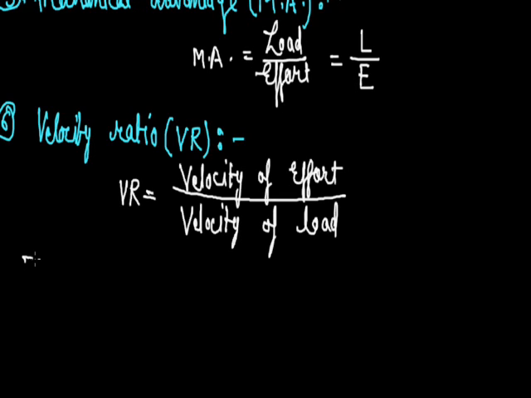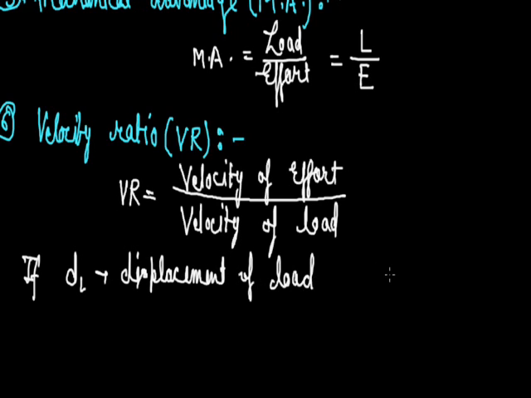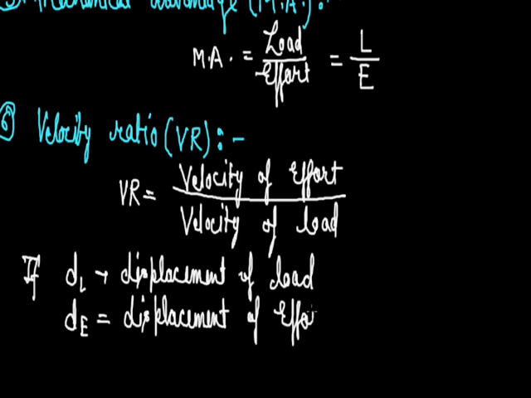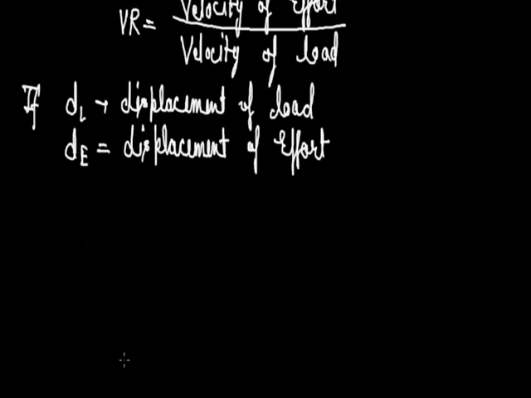Suppose dL is the displacement of load and dE is the displacement of effort in the same time t. Then we can write, as we know the velocity is defined as displacement upon time, so here we can write